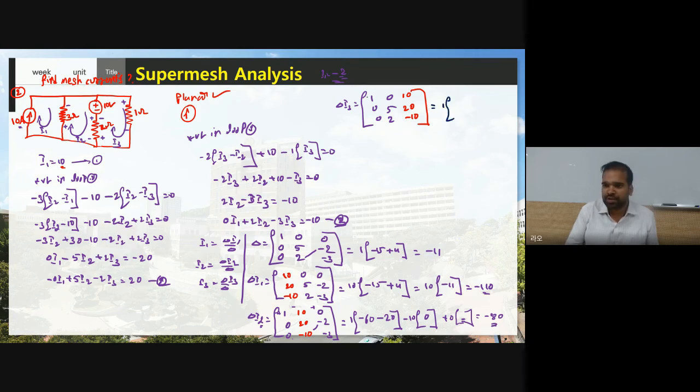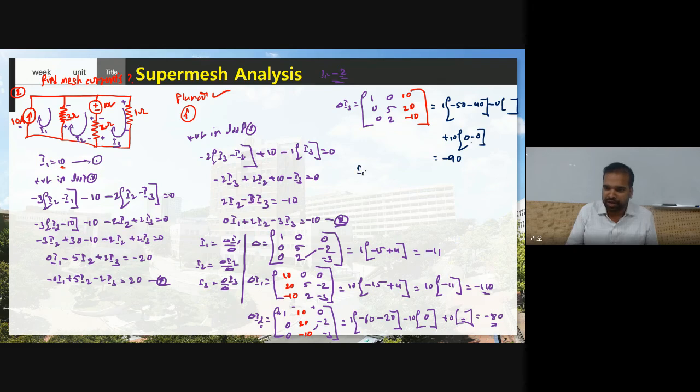Now see here, we need to find the determinant of this delta I3. 1 into, so don't consider this row, don't consider this column. 5 into minus 10, minus 50, and minus 2 into 20, 40, clear. Now if you multiply 0 into anything, you will get 0. Therefore no need to spend your time here. Therefore plus 10, so don't consider this row and don't consider this column. 0 into 2, 0, and 0 into 5, 0. Okay, 0 into 10, it will become 0. Therefore, what is the determinant of delta I3? Minus 50, minus 40, minus 90. So minus 90 will be the determinant of delta I3.